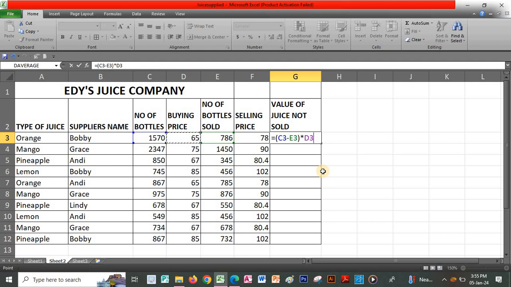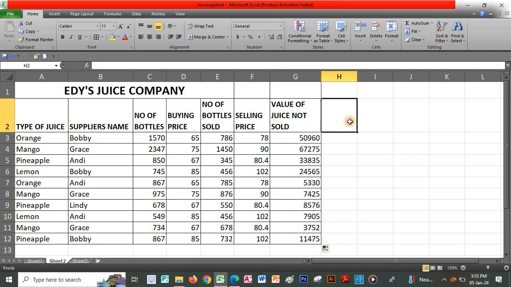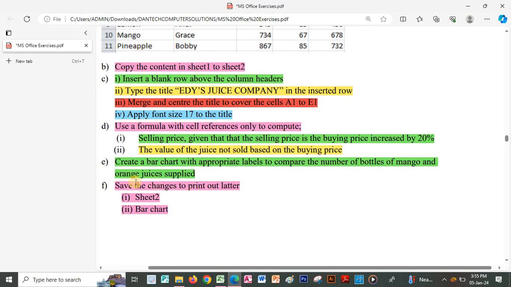So it is the number of bottles minus the number of bottles sold, then we multiply by the buying price, then we click enter. After that, you just drag down the formula and you paste the formula to all the other cells for each type of juice. So that is it. So having done that, we'll go to the next question, which says